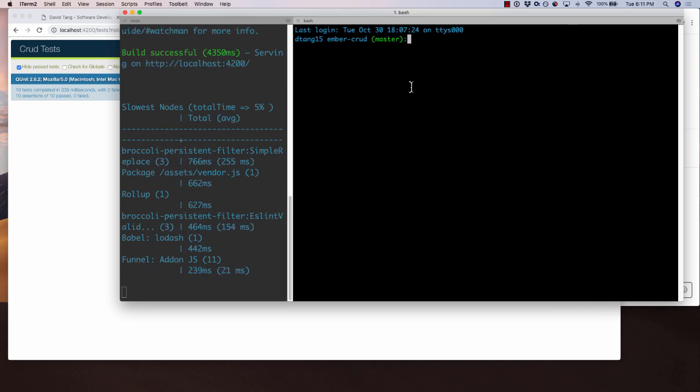Okay, so we're going to start off doing what's called application tests, or also called acceptance tests, and those are very much like automating the type of testing that you're doing manually. And so the way we can do this is we can say ember generate acceptance-test, and then